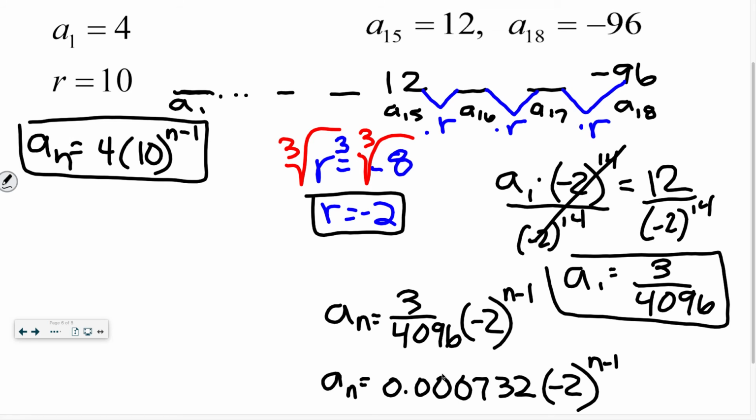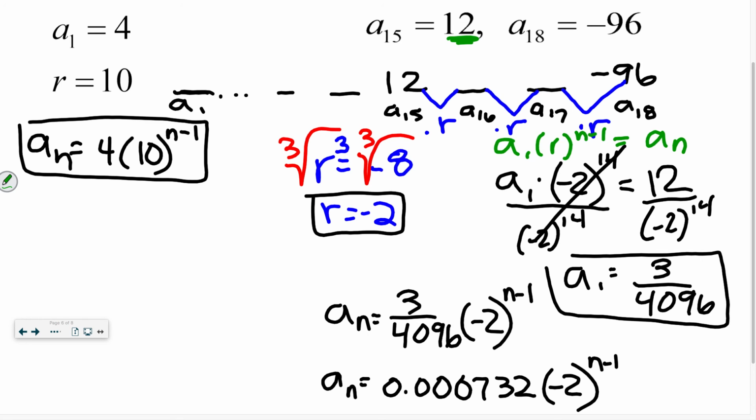Right here, where we were thinking about it, like, what if we backtrack to the first term that was 14 r's? What you are also doing right here, my formula is a sub n equals a sub 1 times r to the n minus 1. You're just substituting into that formula as well. So if you're having trouble saying how many times you did r to go back to the first term,